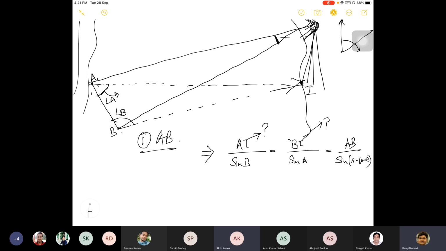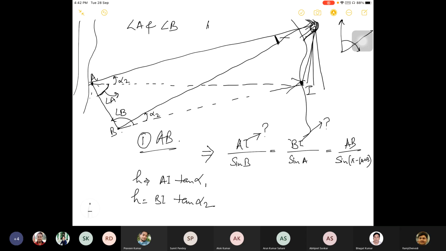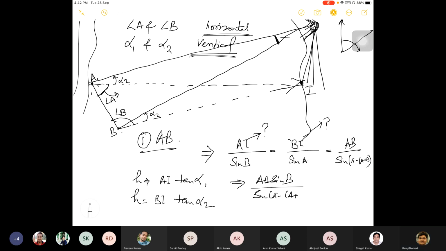और अगर अब आप इस प्रॉब्लम को समझें तो हाइट ऑफ द टावर इज नथिंग बट AI टैन अल्फा 1। एंगल A एंड एंगल B दे आर हॉरिजॉन्टल एंगल, अल्फा 1 एंड अल्फा 2 आर वर्टिकल एंगल। ये डिफरेंस है दोनों में। जो AI है वो क्या है? AB साइन B अपॉन साइन C, और